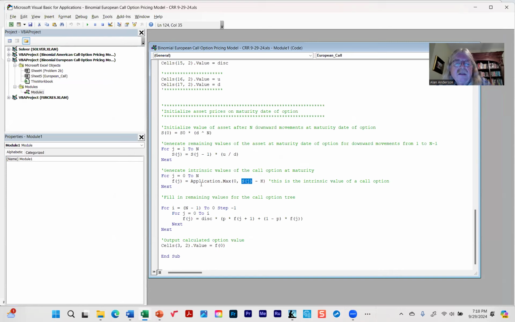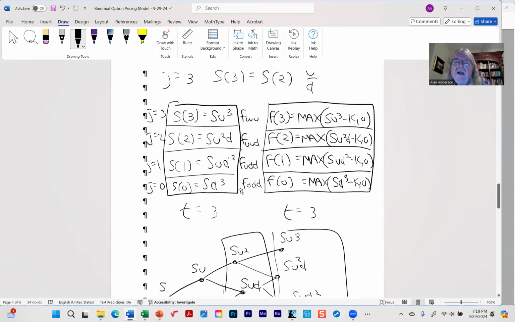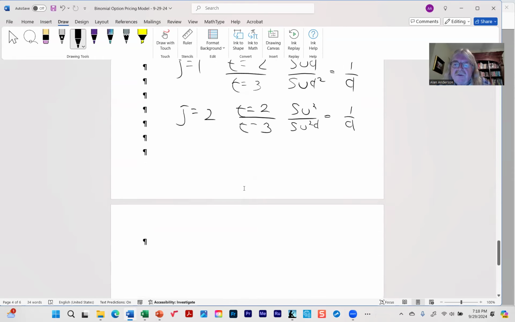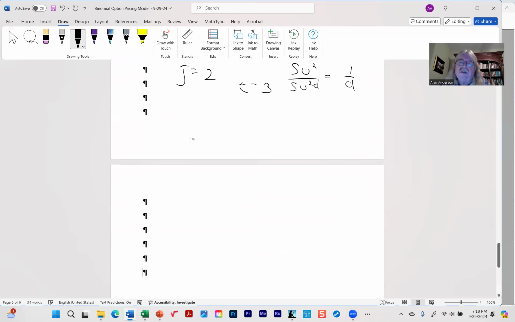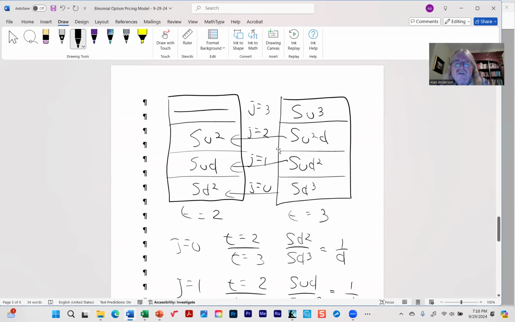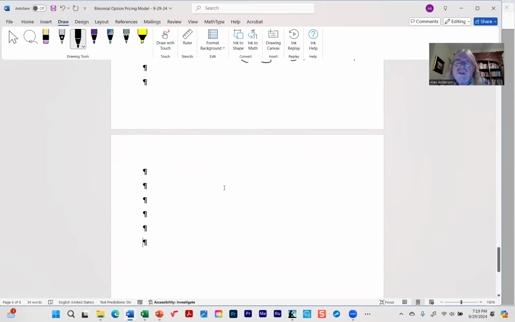Now, it turns out that even what I just showed you is not absolutely necessary because since there's no early exercise, we don't even have to bother filling in the stock price tree. All we have to do is fill in the option tree. We can basically ignore the rest of the stock price tree because this connection is so straightforward, we can figure out what we need from the final time step. We don't even need to bother with what I just did, filling in these. So instead, we'll take our